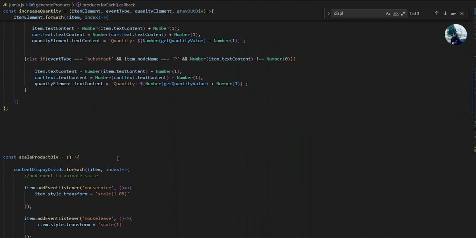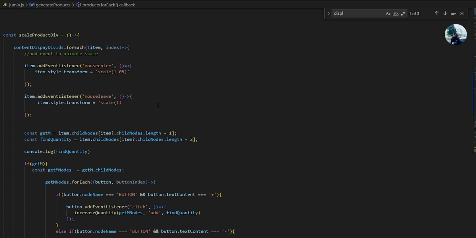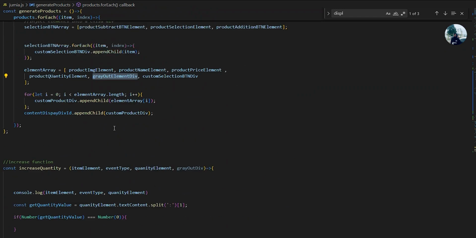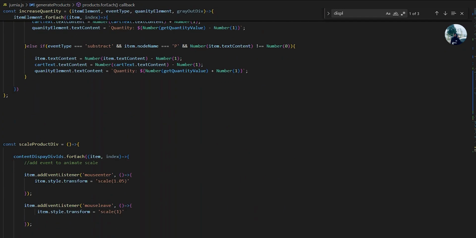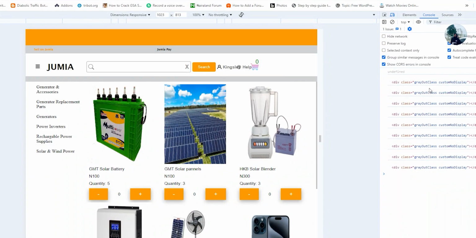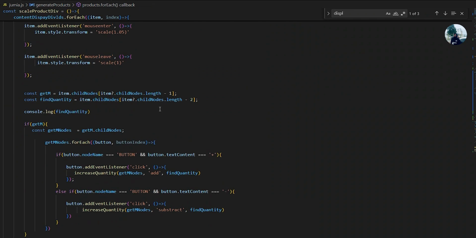Look at it this way. The gray out div is now being found here because gray out div is now second to the last. Remember, we placed gray out div on the array here as second to the last. That's why you'll find this is gray out div. All right. So the best way to do this now is if you come here and change this to 3,